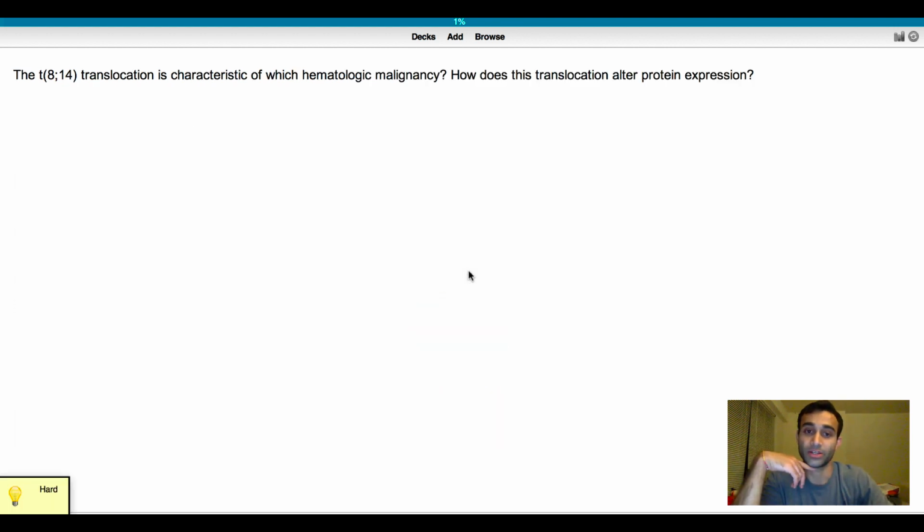The 8;14 translocation is characteristic of what hematologic malignancy? How does this translocation alter protein expression? So 8;14, the way I remember this is 8 is 2 times 4, and 4 is the number of letters in c-Myc. And c-Myc is an oncogene that is involved in Burkitt, because c-Myc and Burkitt. So c-Myc is linked with Burkitt lymphoma, and this translocation alters protein expression because c-Myc, as I said, is a